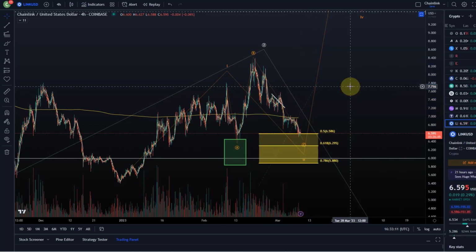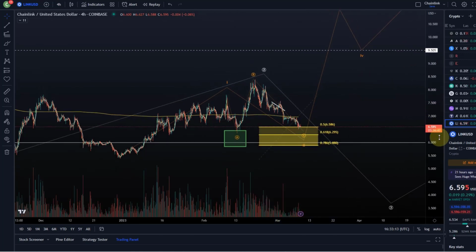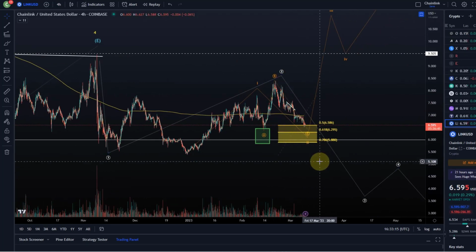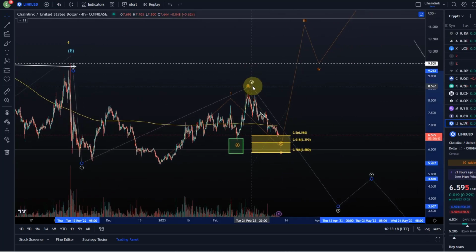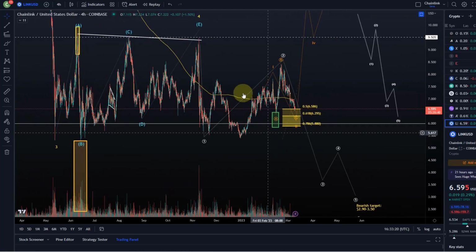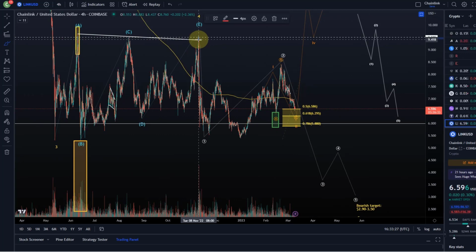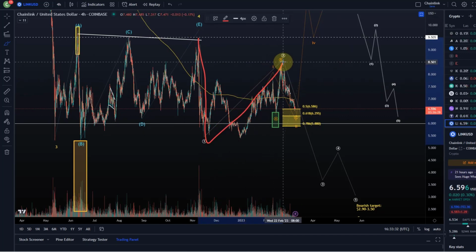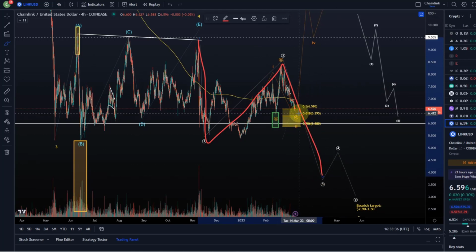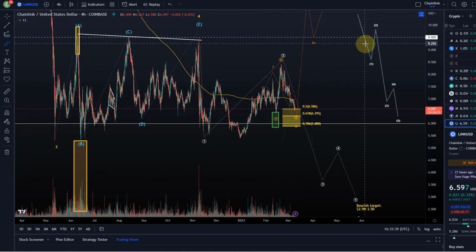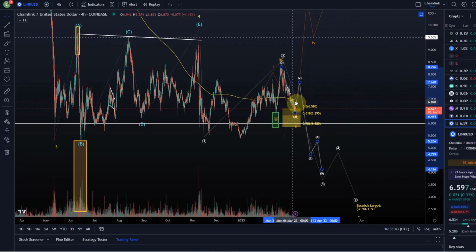Now, if it doesn't reverse there, then it would put more emphasis on the white wave count. The white wave count indicates that it's actually still the scenario where we're waiting for another low, where we came off those November highs. We came down in a wave one. All of this is currently just a wave two retracement, and we might have started the rally in a third wave down. Now in this third wave, this is going to be a 5-wave move, and we pretty much have 5 waves down complete. So either in a C wave or here in a wave one,